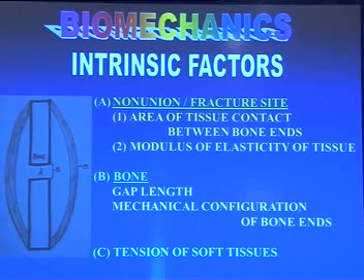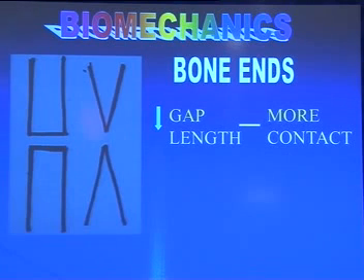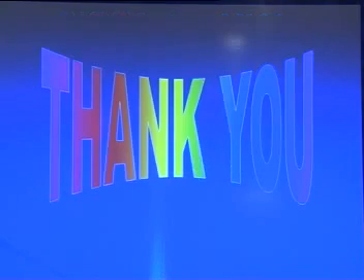Intrinsic factors, of course, are the bones, the situation, the disease, and the muscles, the gaps that are there. Based on that, you are going to get different types of problems. For example, these bone ends, if you try to make them unite, even if they unite, you know very well as orthopedic surgeons that this is much better than having pointed bones. Right? So I think with this little short lecture to highlight how and where to put your rings and pins, it should be helpful. Thank you so much.